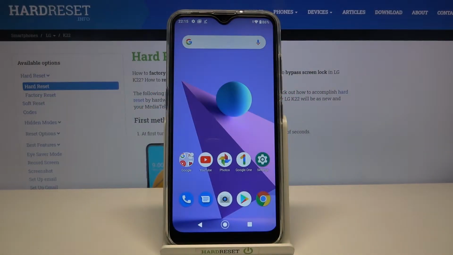Hi everyone, here we've got LG K22 and let me share with you how to allow unknown sources on this